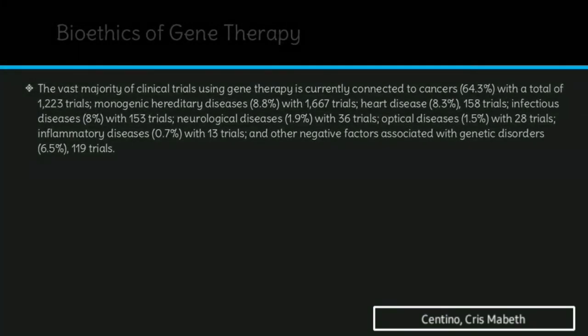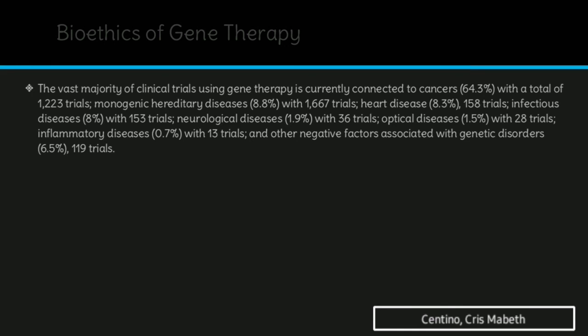The vast majority of clinical trials using gene therapy is currently connected to cancers, 64.3% with a total of 1,223 trials, monogenic hereditary disease, 8.8% with 1,667 trials, heart disease, 8.3%, 158 trials, infectious disease, 8% with 153 trials, neurological disease, 1.9% with 36 trials, optical diseases, 1.5% with 28 trials, inflammatory diseases, 0.7% with 13 trials, and other negative factors associated with genetic disorders,